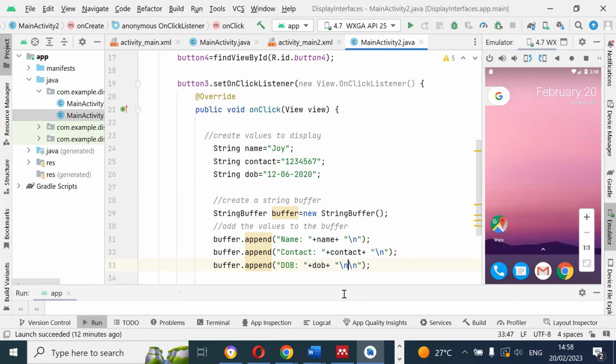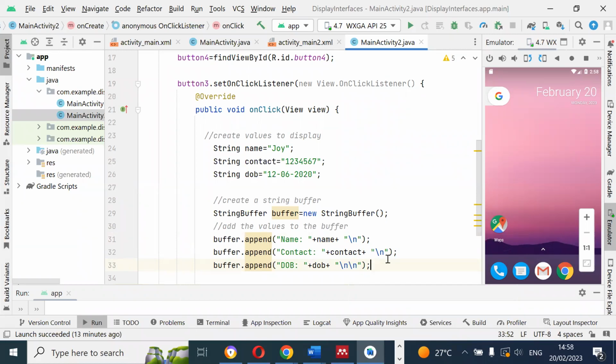But the work of this is to make sure that the next display begins on a new line, right? The next display begins on a new line. You will see how it looks, don't worry. So if you need two blank lines below them, then you put these two. But basically, that's a new line, that's all. Then